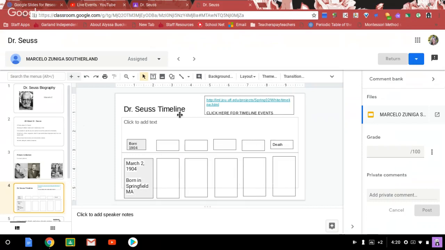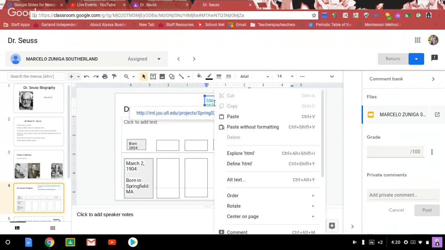They had to create the title, and I added this link here because I knew the information for them for a timeline. My main goal was for them to be able to take the information and place it in chronological order. And so I didn't want them searching around looking for this information. That wasn't the goal. It was to see that they could put chronological order here and that they could paraphrase. So I create links, and they know when they hover over the link that this is where they're going to find information